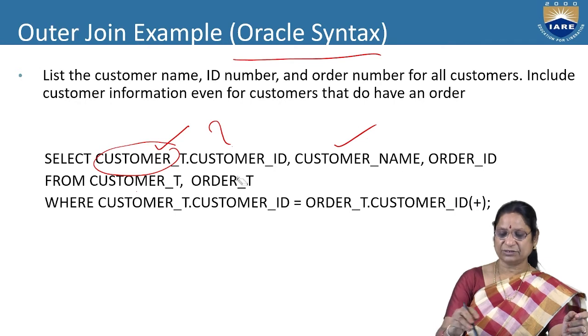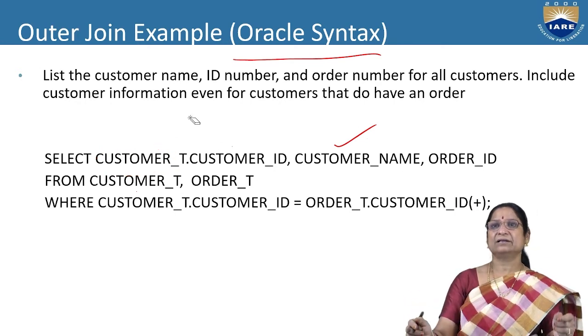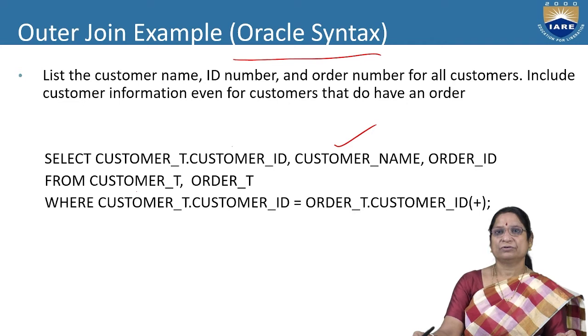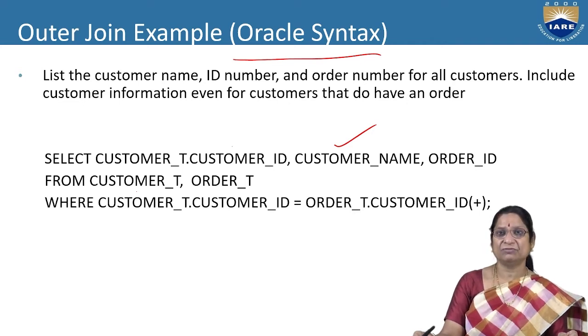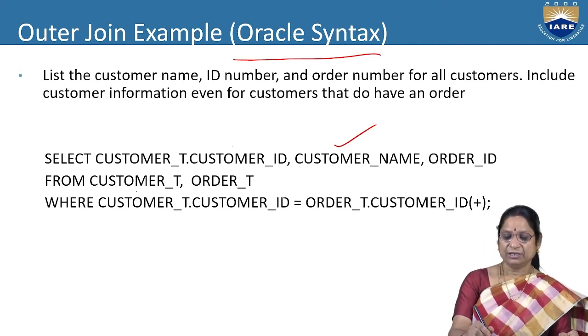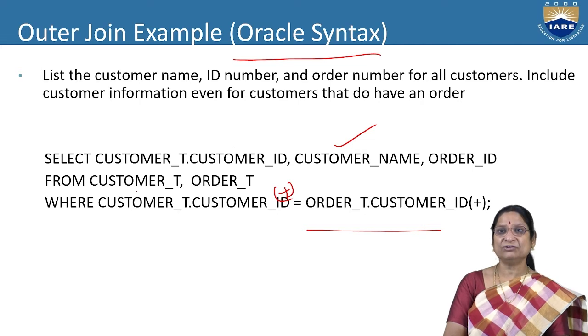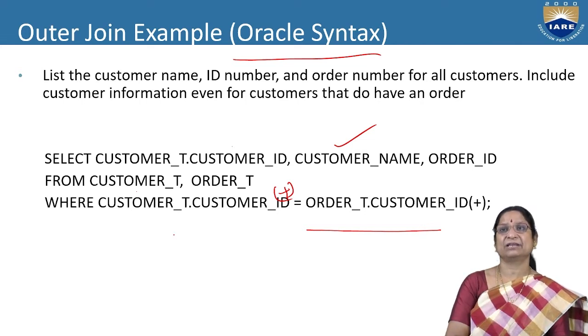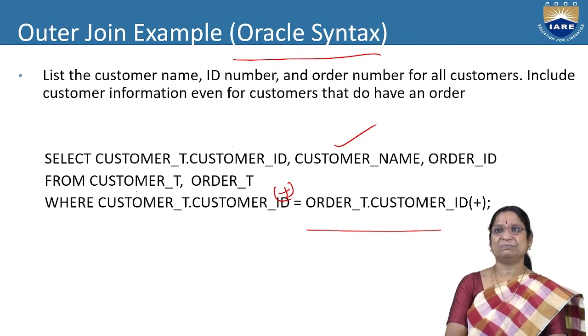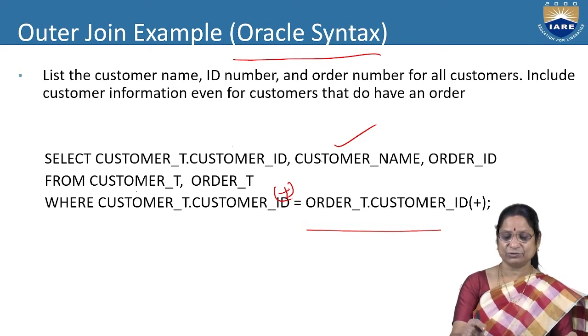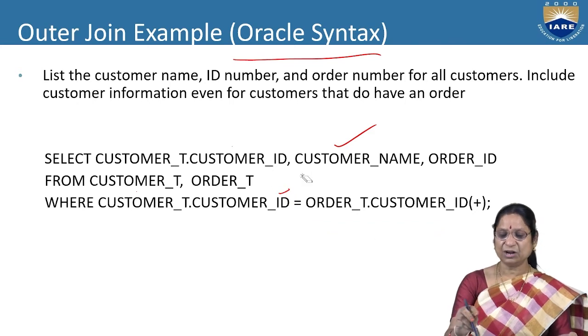Left outer join means you are going to consider the respective customer details, which are displayed even though there is no match. If you are using it here, then all details which have a match will be displayed. And also order details will be displayed, that is, the order ID will be displayed even though there is no match in the customer table. Then customer ID and customer name will be printed as null values. That is known as a right outer join. Similarly, full outer join will be there.